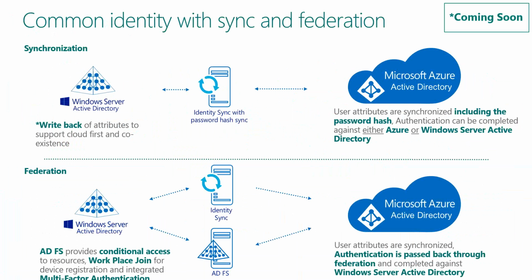And federation, we sync the identity, some information, it's a reduced set of information from the on-prem Windows Server AD. Normally we refer to that as Windows Server AD to differentiate from Azure AD. A limited set of attributes from that identity to the cloud, but the password is not synced. Then Active Directory Federation services are deployed on-prem and also made available to the Internet through Active Directory Federation services proxies, which allow us to do this